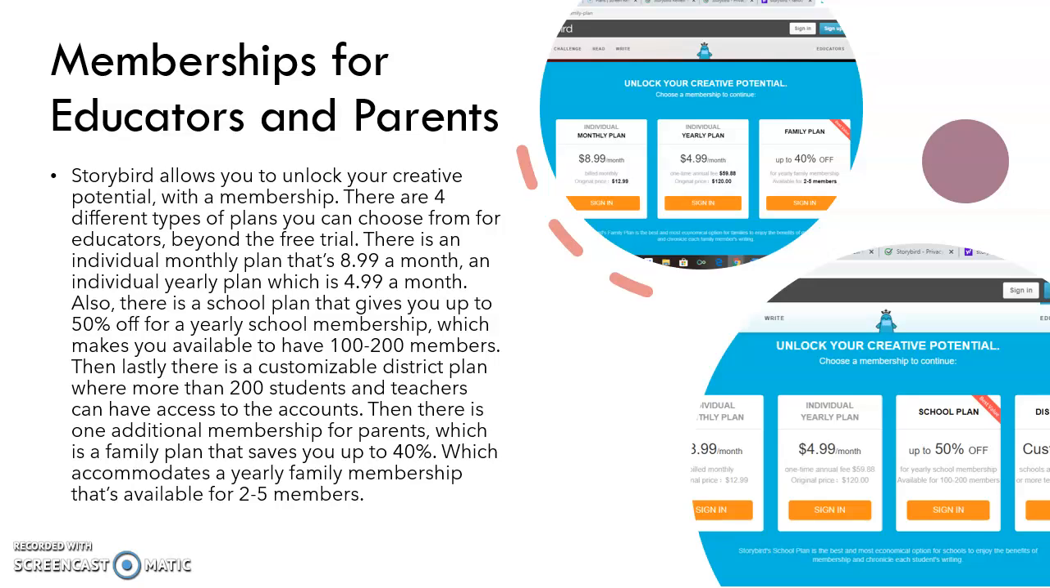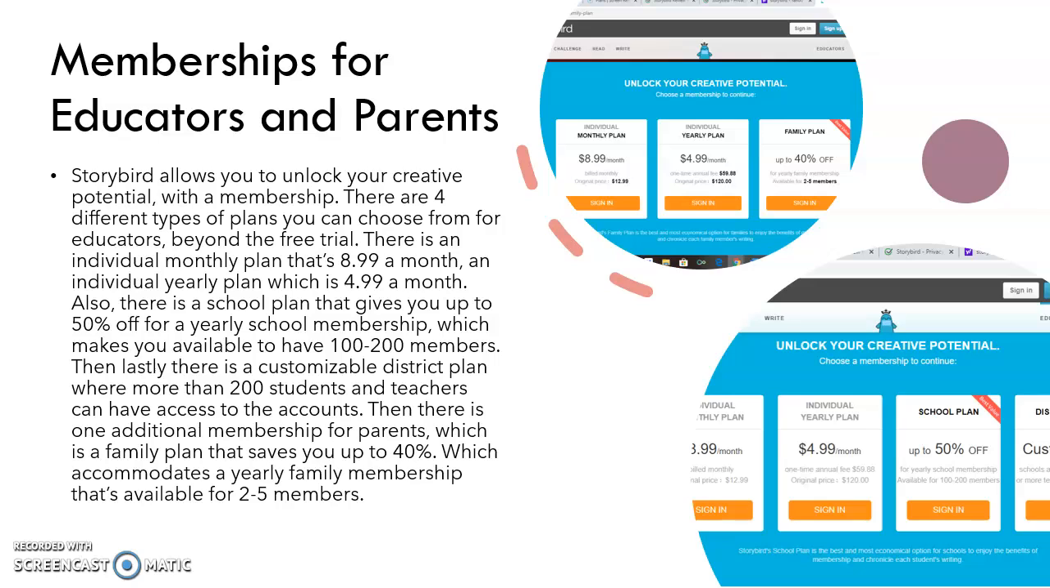But the big question for a lot of parents and teachers is going to be, what is the price? What price am I looking at with the membership? So Storybird allows you to unlock your creative potential with the membership. There are 4 different types of plans that you can choose from as an educator alone beyond the free trial. There is an individual monthly plan that is $8.99 a month, an individual yearly plan that is $4.99 a month,